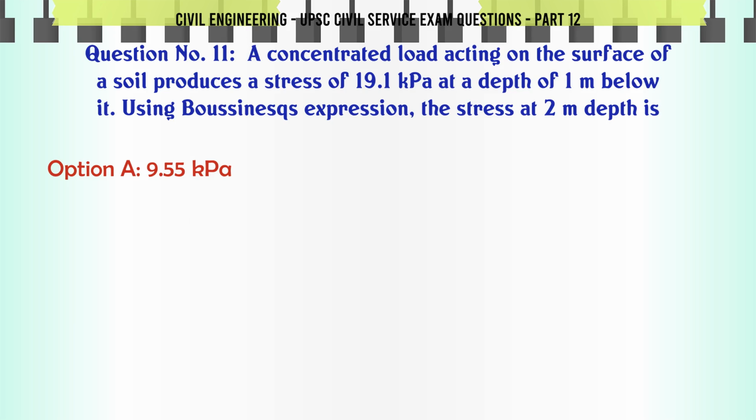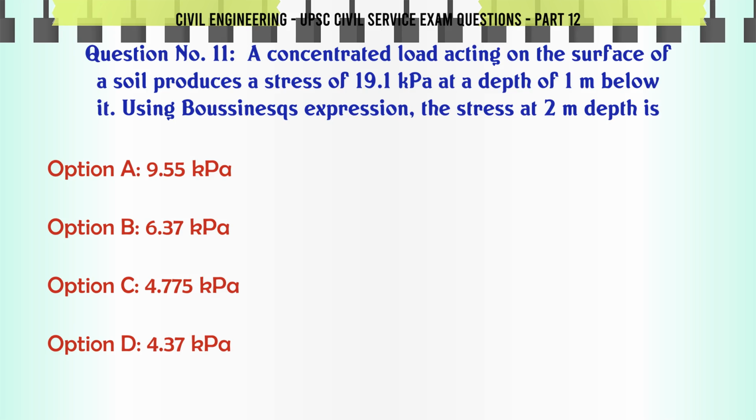A concentrated load acting on the surface of a soil produces a stress of 19.1 kPa at a depth of 1 m below it. Using Boussinesq's expression, the stress at 2 m depth is A. 9.55 kPa, B. 6.37 kPa, C. 4.775 kPa, D. 4.37 kPa. The correct answer is